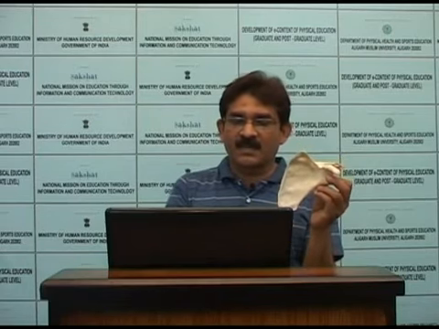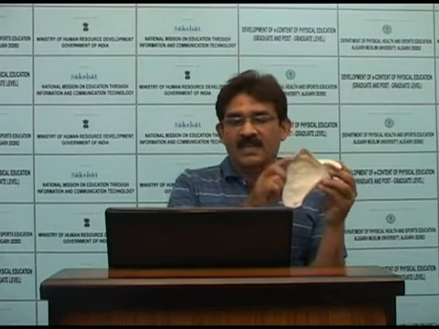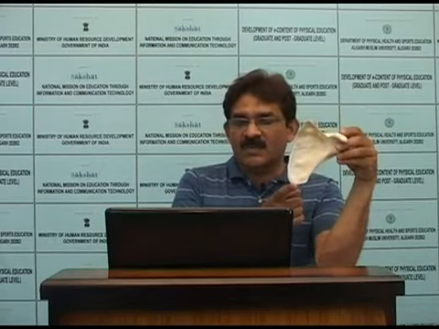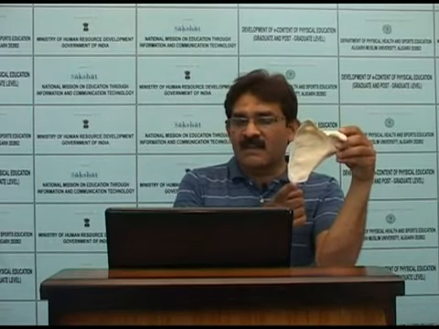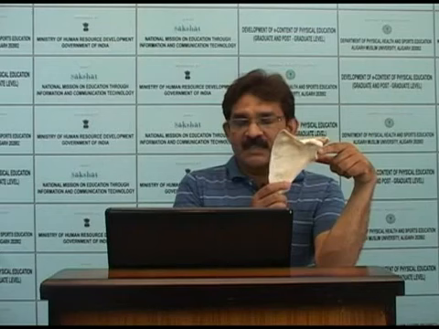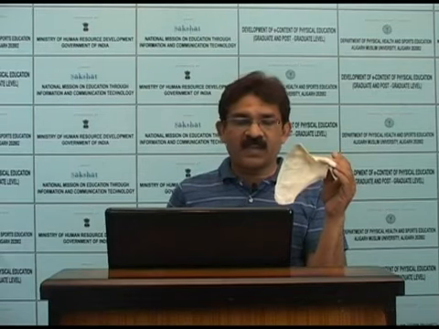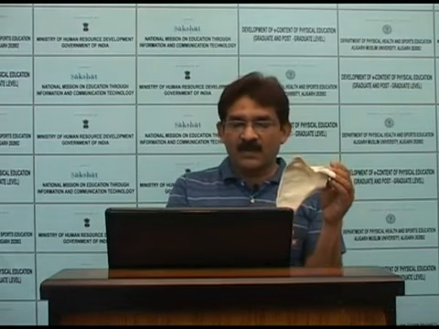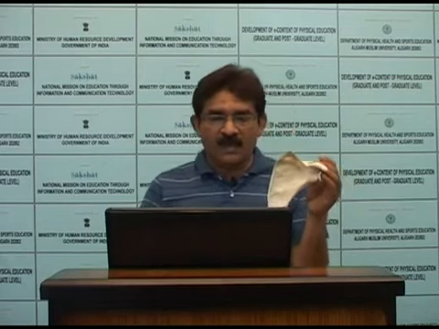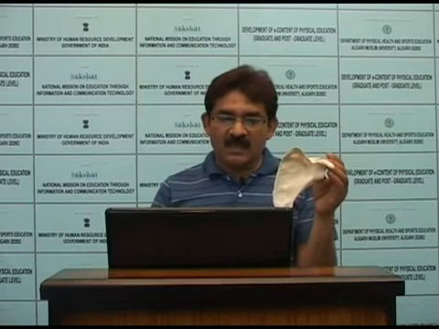Three angles: the superior angle, opposite to the second rib. This is the superior angle. This is the inferior angle, opposite to the seventh rib or seventh intercostal space. Laterally, the glenoid cavity. This is the glenoid cavity. Two surfaces: anterior surface concave, with the subscapular fossa; posterior surface with supraspinous and infraspinous fossae, the spine of the scapula, and this is the acromion.